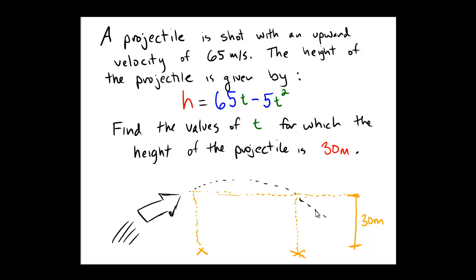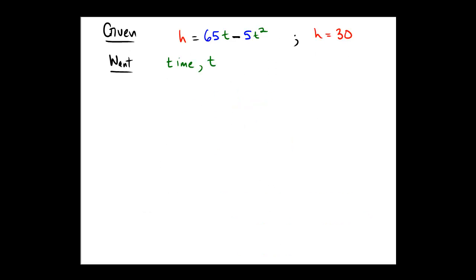What are those times? So notice that the givens in this problem were the equation for the height, where height equals 65t minus 5t squared, and we were also given that the height is equal to 30. And then what do we want? We want to find the time at which this happens. So, taking the equation, we know that h equals 30, so I'll substitute that into the given equation and say 30 is equal to